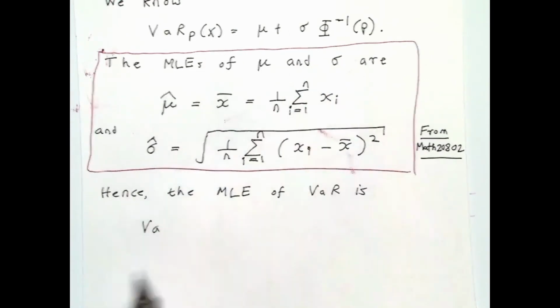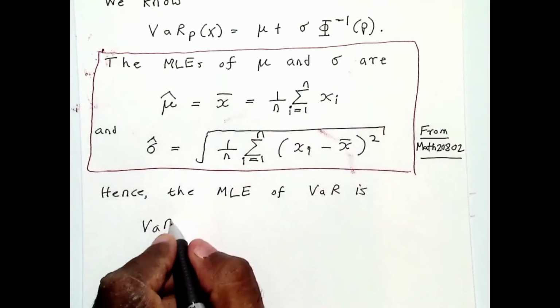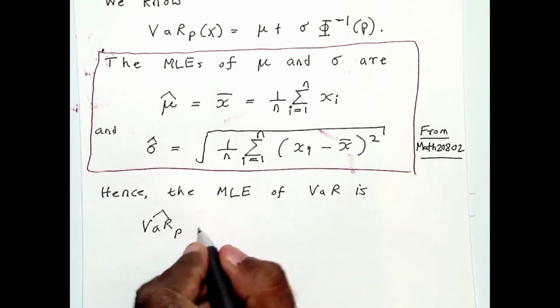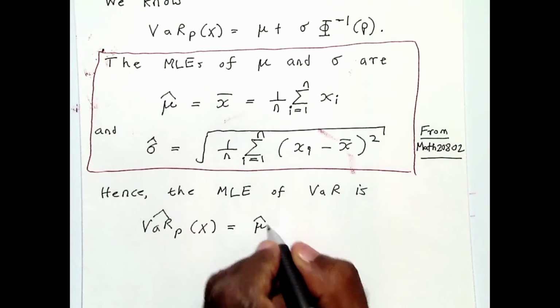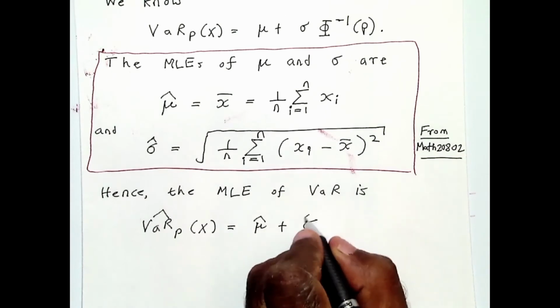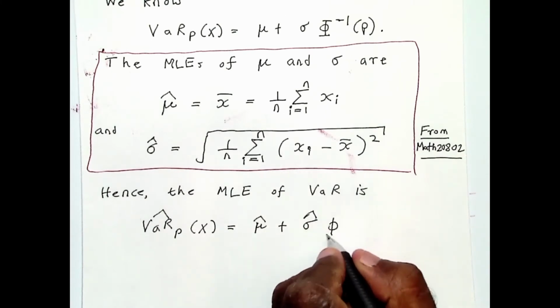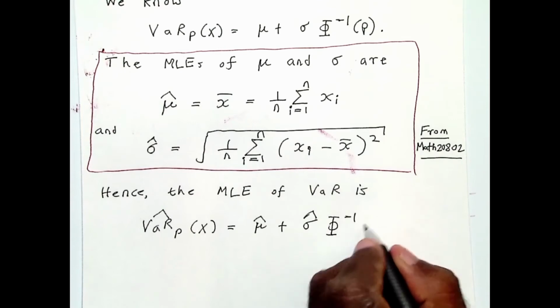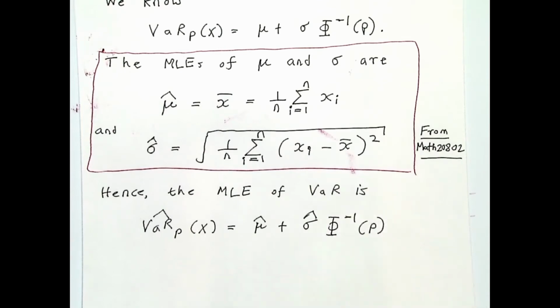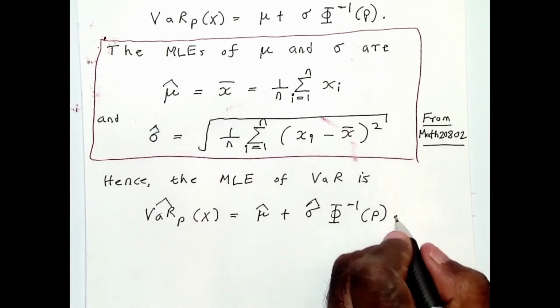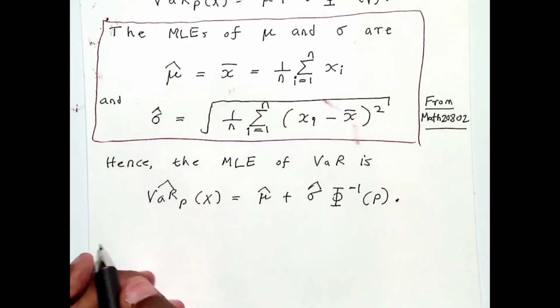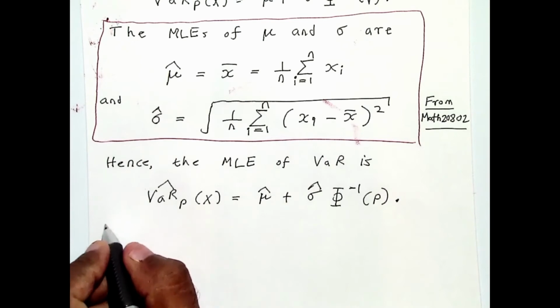So you just replace, in this formula here, mu by mu hat and sigma by sigma hat. Right? So this is the MLE for VAR. Right? Okay, now it can be shown,